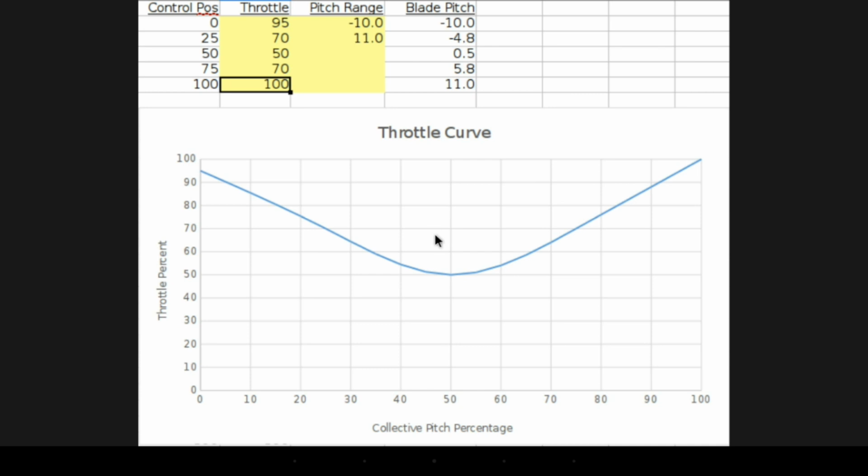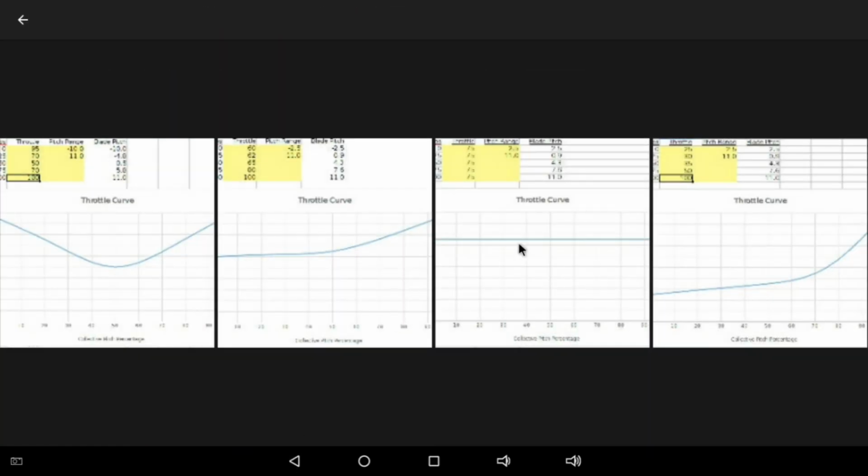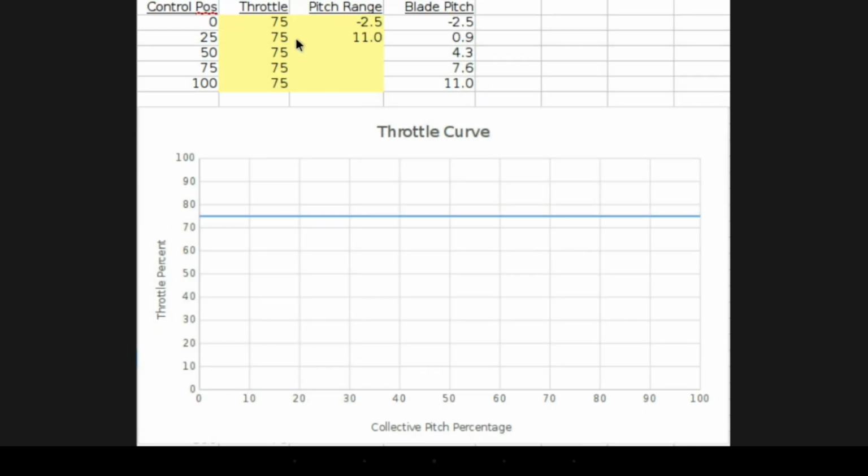Now, this would be a typical 3D setup with this kind of pitch range. So let's look at more UAV specific setups. Let's look at a flat throttle curve. This is a 75% flat throttle curve, and it can be used with either electric,